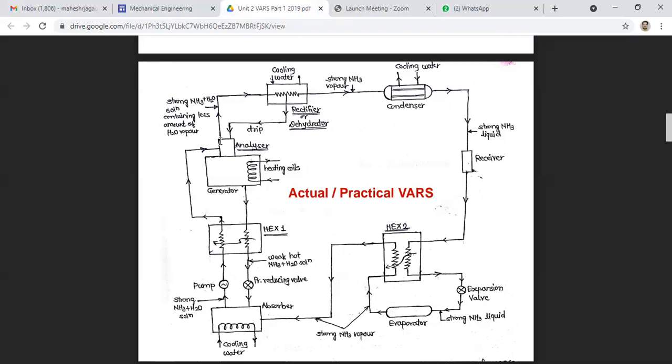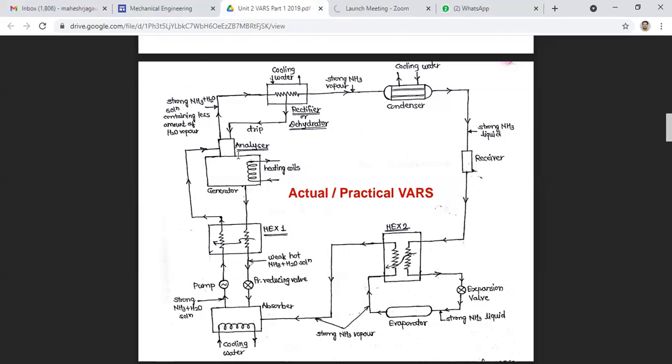Therefore most of the water vapor gets condensed and drips back to the generator. This method helps in salvaging a part of the total heat energy from the ammonia vapor, which otherwise would have been